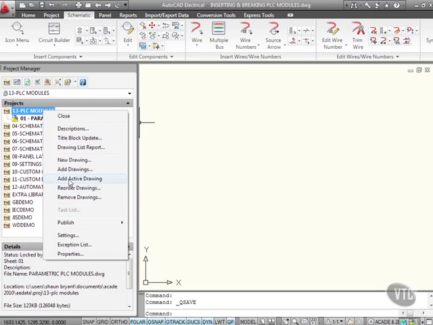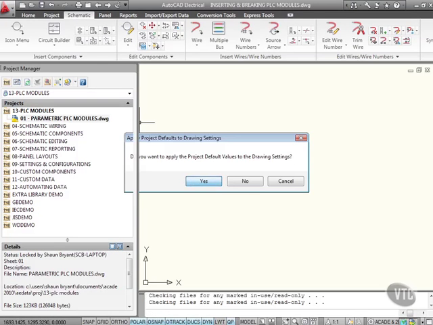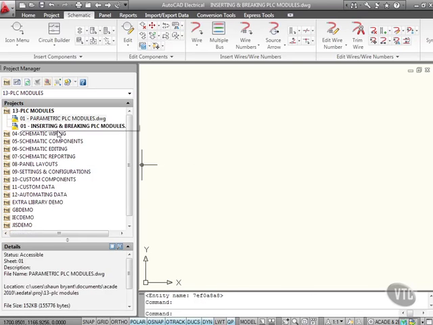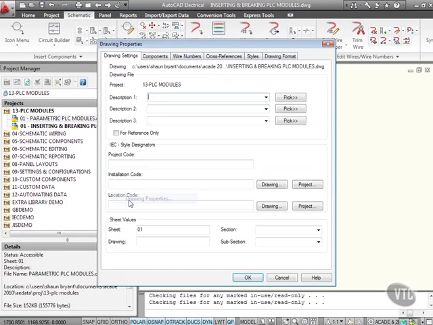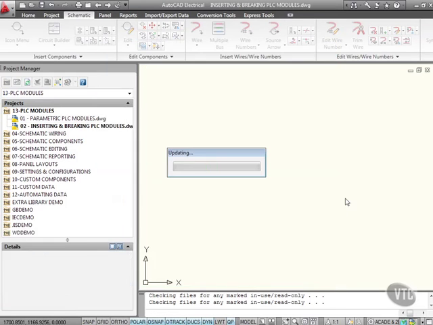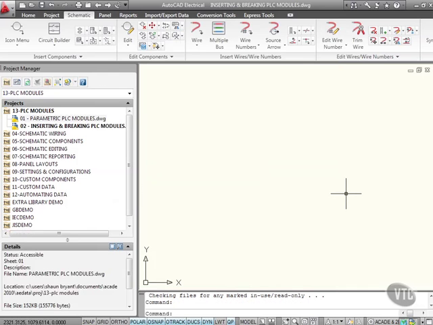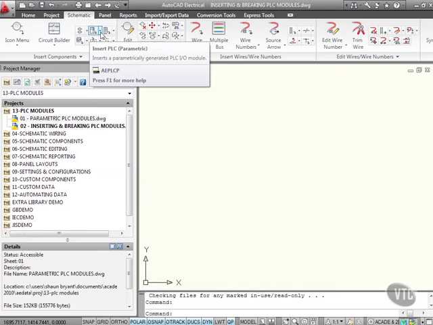So it's a right click, add active drawing, yes to the project default values. For inserting and breaking PLC modules, right click over it, properties, drawing properties. I'm sure you're getting used to this by now. And there's O2 for our sequential drawing list in the project. Okay, so we're going to go back to our schematic tab here, insert components, and I'm going to use a